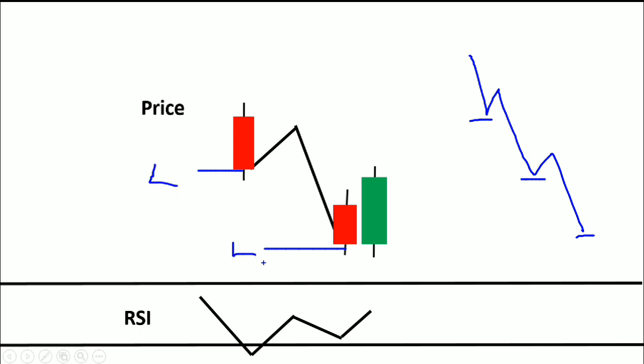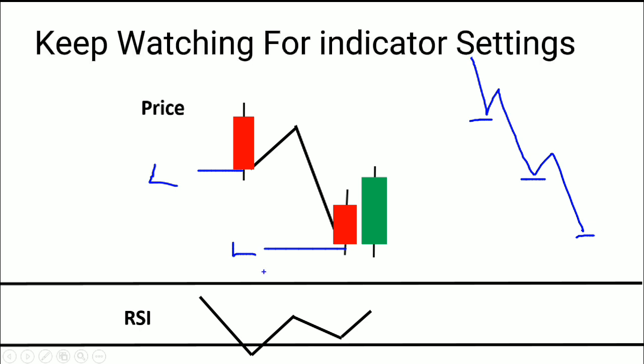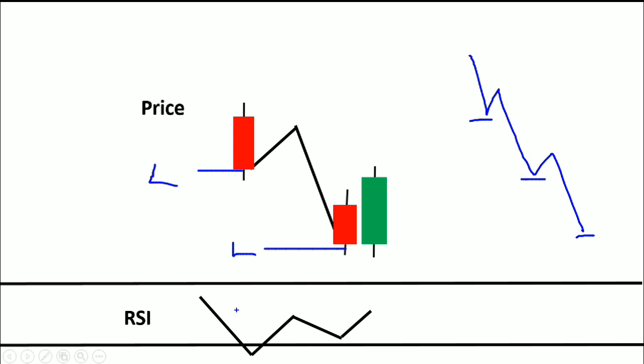So what's the next thing that we see? First of all, we know that we have a lower low. If you don't see the lower lows, we don't place the trade. The next thing we want to do is go into the RSI indicator. I'll show you the settings. They are all on default. You just put the RSI on, and then you put the line 70 here and then the line 30,